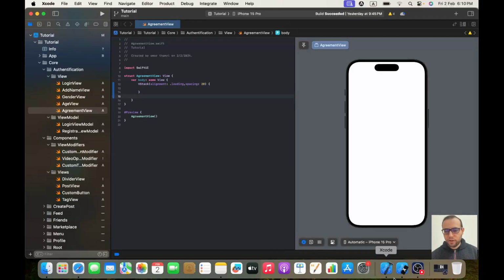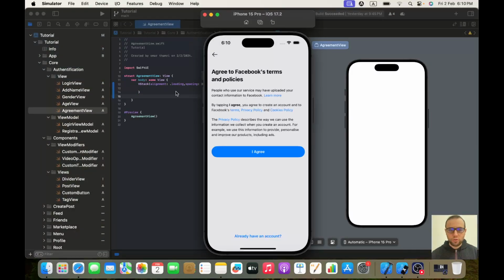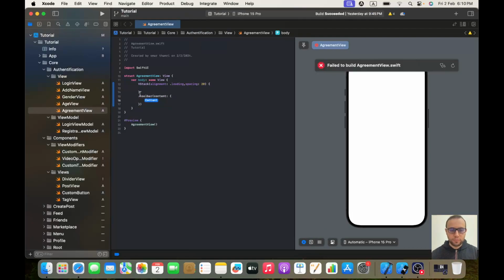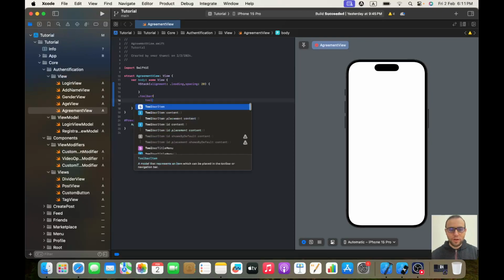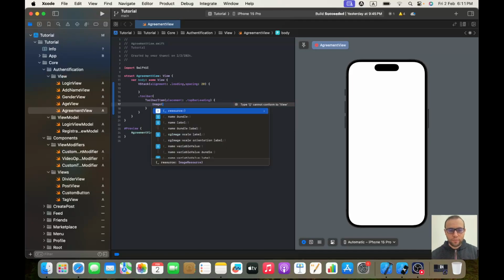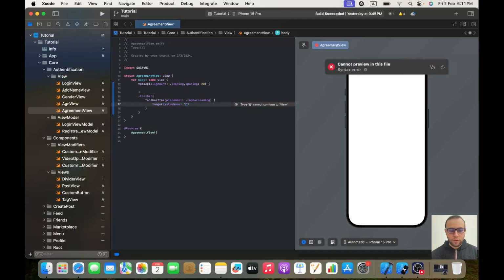And to this VStack I will be giving it, of course, a toolbar. So a toolbar, and as always the one I hate, so let's make it cleaner. And here it will be toolbar item with dot top bar leading, and here it will be image, system name, arrow dot backward, and with dot image scale of dot large, and